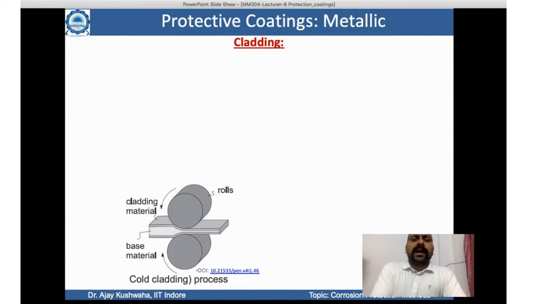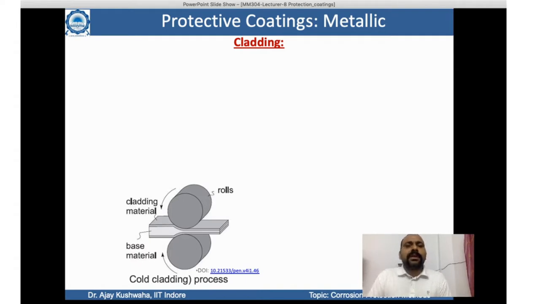Next one is cladding. Cladding is basically a kind of protecting layer. If you remember, we usually do a kind of lamination, right? In lamination, we have paper which you want to save from the environment. You use one top layer of polythene and then a bottom layer of polythene or a kind of plastic sheet, and then you just hot press it.